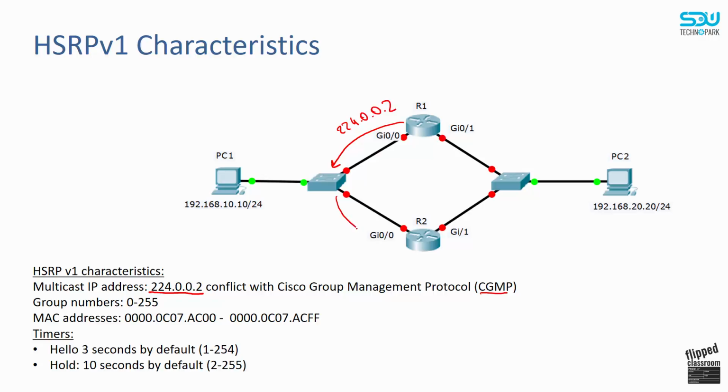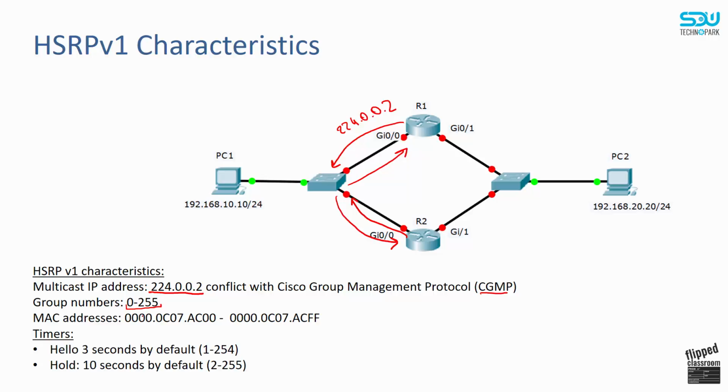This update will go to router 2, and router 2 will send periodic updates to router 1. We may have from 0 to 255 groups, so we can create multiple groups inside the router, and each of these groups will work